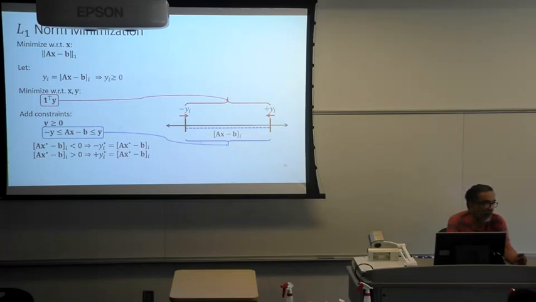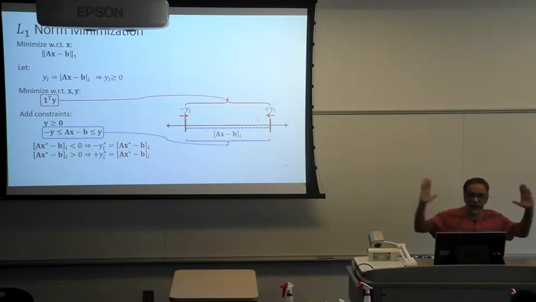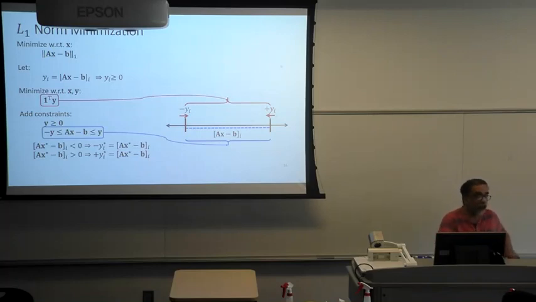And this is the range of values for ax minus b_i. What I'm doing is I have now defined two sets of variables, x and y. Instead of just x, like here, I have x and y. I have removed the link, okay? And then I let the ith element of ax minus b remain anywhere here. And I'm trying to push all the y_i's inwards. Okay? And what will happen is